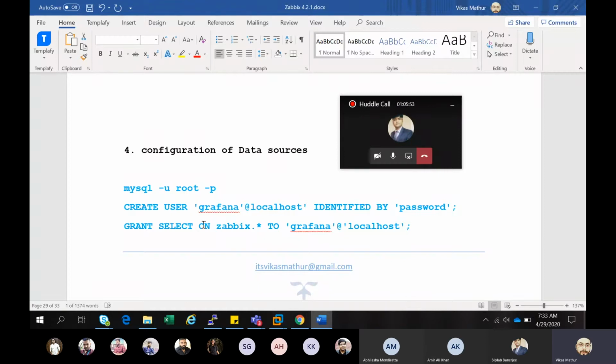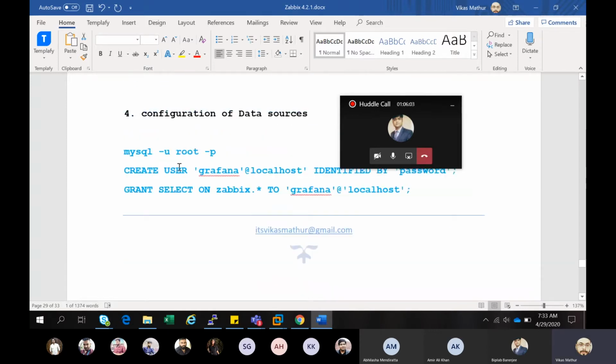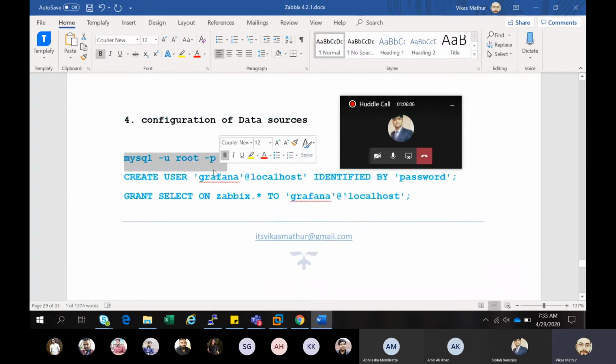That user collects all the information and delivers it to your main Grafana. So this is the command. I'm going to the MySQL database and creating one user. You can change the password. I just typed simple things here and granted the permissions.